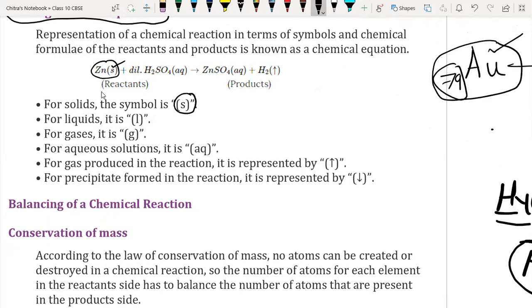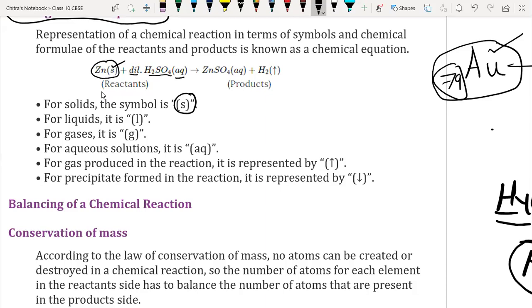Here we are using H2SO4, sulfuric acid. We are not using the pure sulfuric acid. We are using a dilute form, and we are diluting this sulfuric acid by adding water. That means we can say sulfuric acid in water. That's why it is written over here H2SO4 aqueous. Aqueous means watery. So dilute H2SO4 we are using. That's why we have written DIL for the dilute and AQ for the solution in water, aqueous solution.